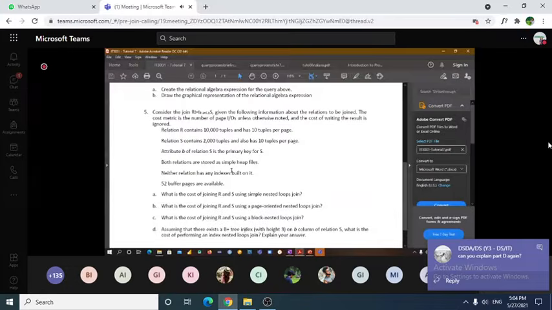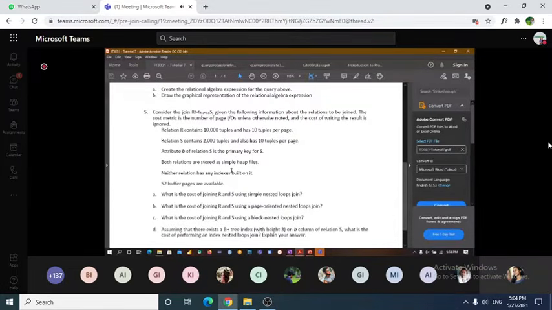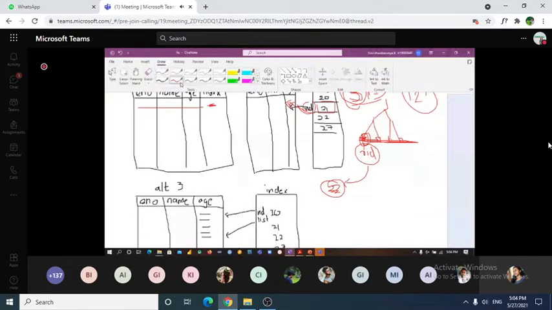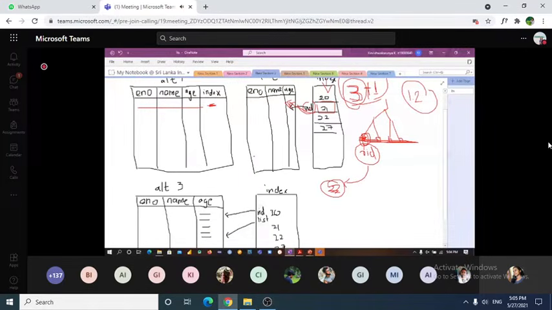Part D, that is the index. Now they have asked an index nested loop join. So you know, if it's an index nested loop join, what we are going to do is scan the outer table. Let me draw it and show. If it's the index nested loop join, there is M and there is N. So we are going to scan the outer table,